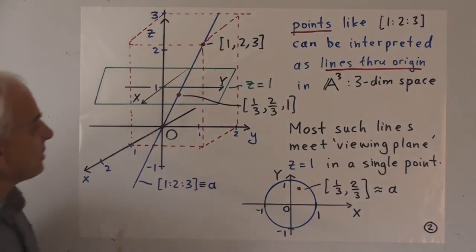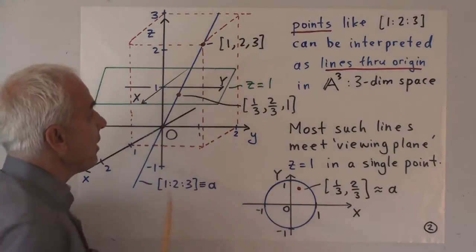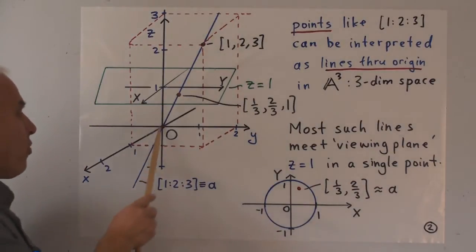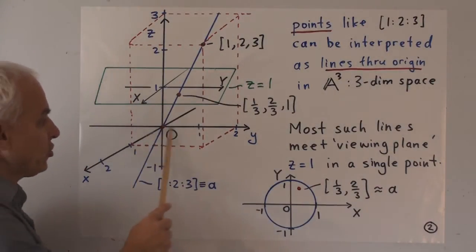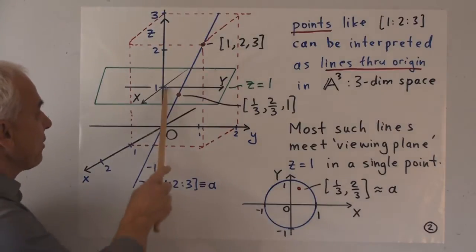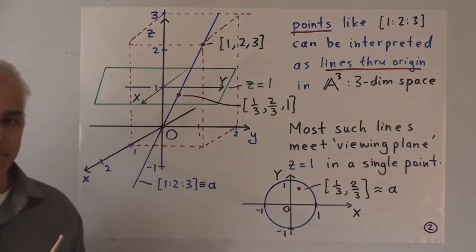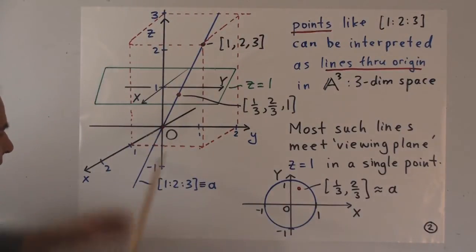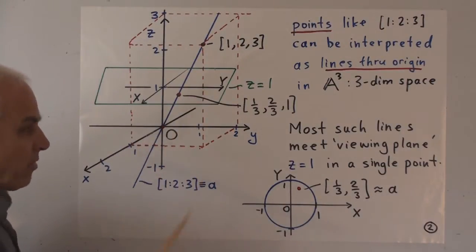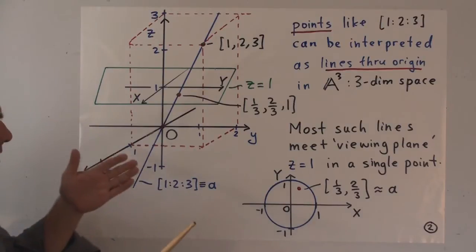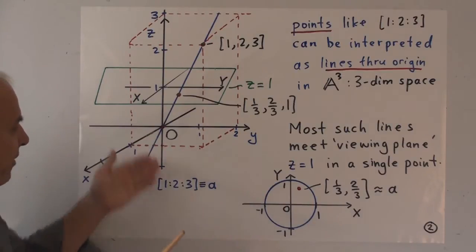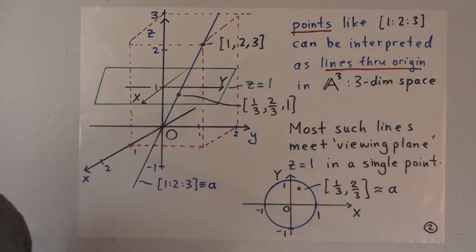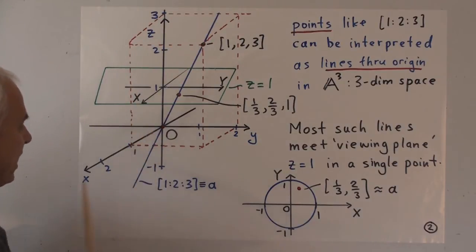And if we have a point, say the point 1, 2, 3, it means that we're going to go 1 unit in the x direction, 2 units in the y direction, and 3 units in the z direction. And we can visualize that actually quite concretely by thinking about a parallelepiped, or a box, whose sides are parallel to the natural planes of these axes, and whose sides are parallel to the axes themselves.